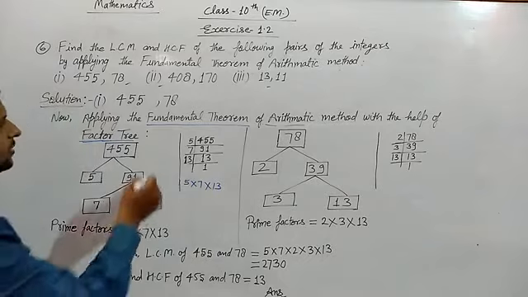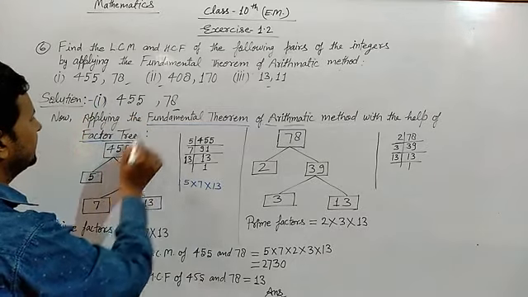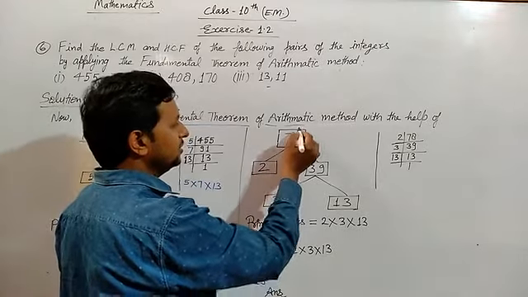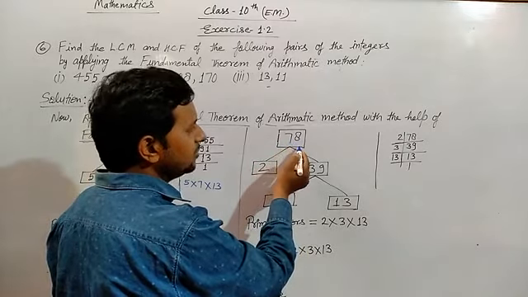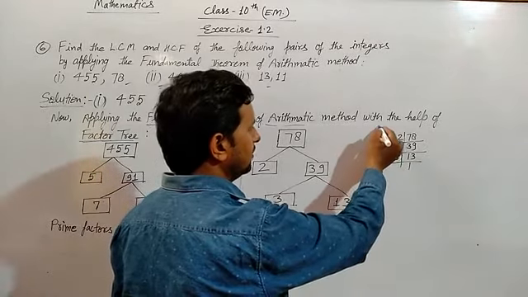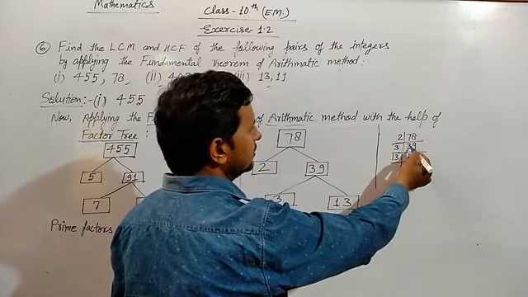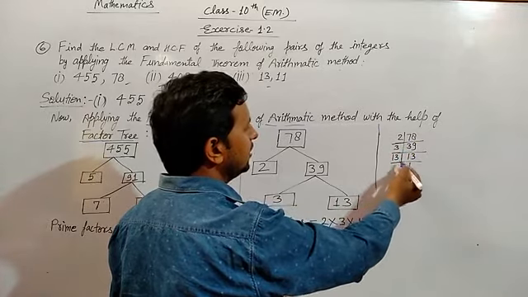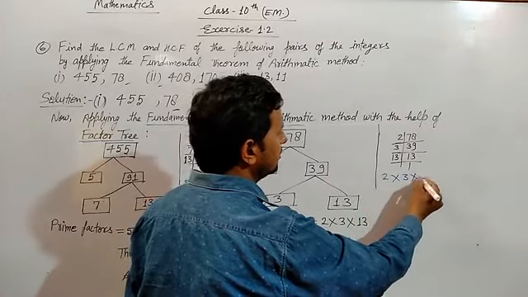So same as the first part of this question, first number is 455 and second number is 78. We take the second number here. Same as we take into the box here. 78 is taken in box. Okay. Now we have to factorize. As in earlier cases we have factorized many questions. 78, 2 3s are 6, 1 remainder 18, 2 9s are 18, here 3, 3 1s are 3, 3 3s are 9 and 13 1s are 13. Here we find factors 2 into 3 into 13.